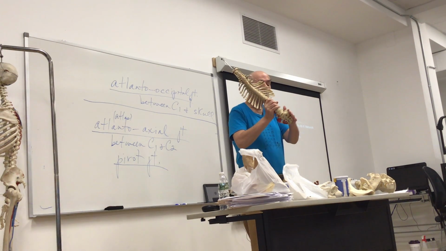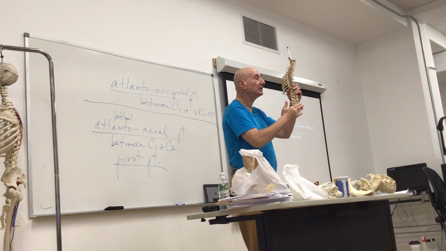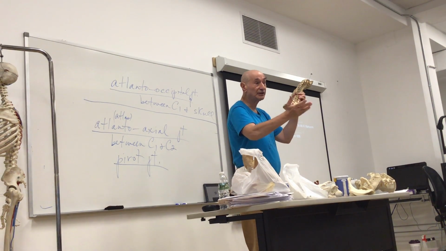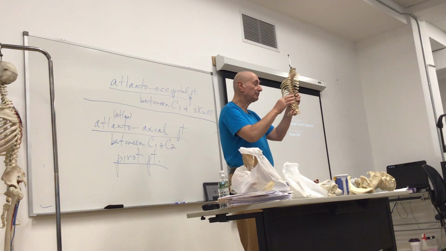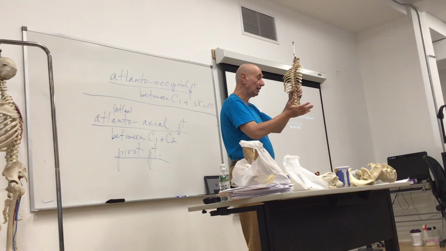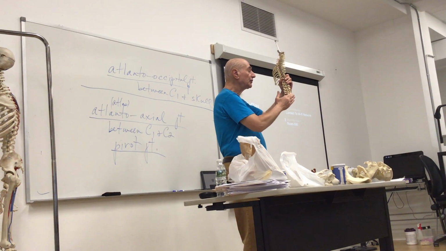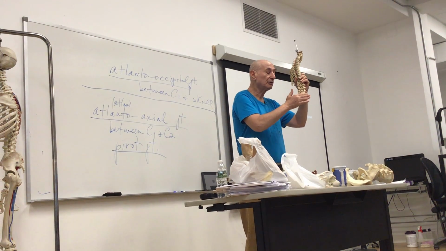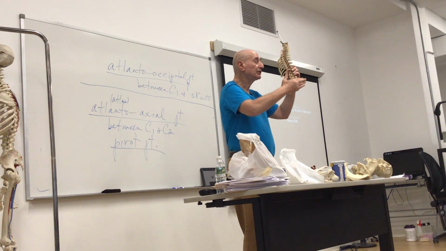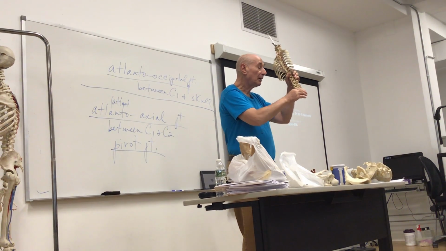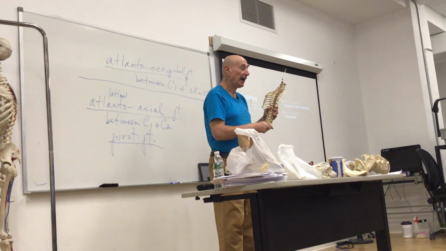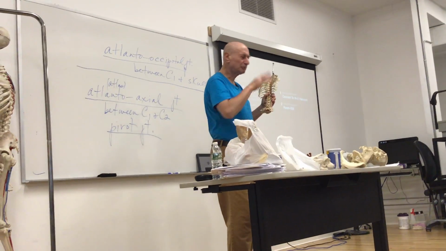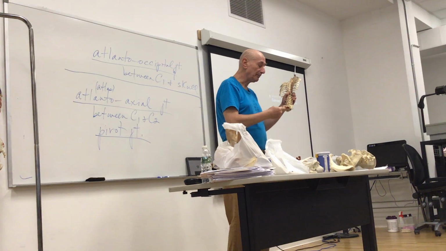Just know the auricular surface of the sacrum to the auricular surface of the os coxa, or ilium. That's the sacroiliac joints, the only joints between the axial skeleton and the bones of the lower extremity. So it's the auricular surface of the sacrum to the auricular surface of the ilium that on both sides form the sacroiliac joints. Okay, and that's everything on the sacrum. I covered too much, but that's everything.